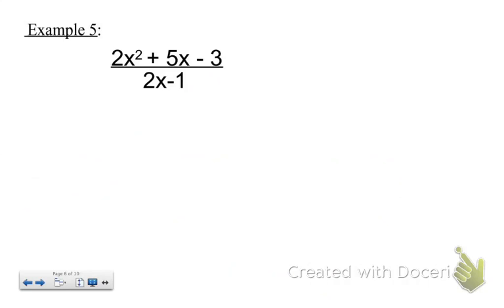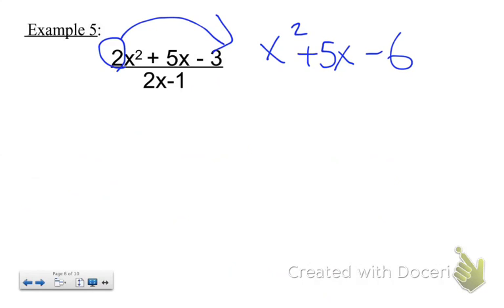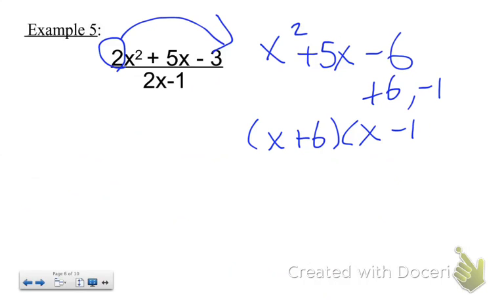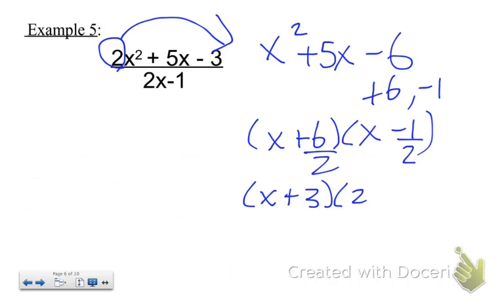Okay, and for the last example, again, we have a polynomial divided by a binomial, and you are going to be able to simplify, but this time you're going to have to do slide and divide. So the 2 goes to the 3, becomes x squared plus 5x minus 6. Factors of negative 6 that when added together give you positive 5 would be positive 6 and negative 1. So x plus 6, x minus 1. Don't forget to go back and divide by 2, slide and divide. So you get x plus 3 times 2x